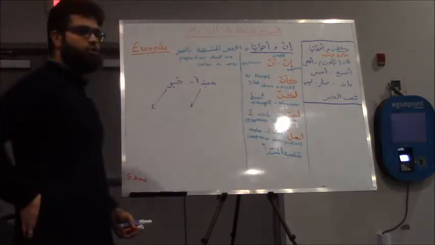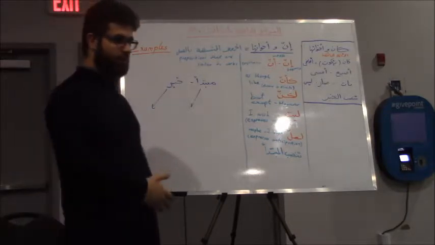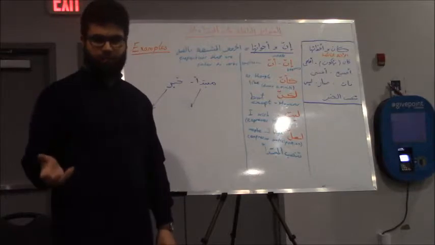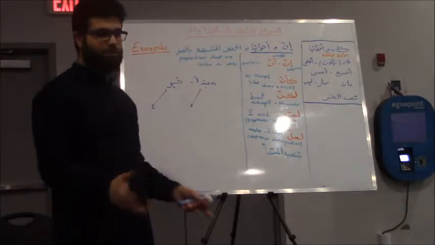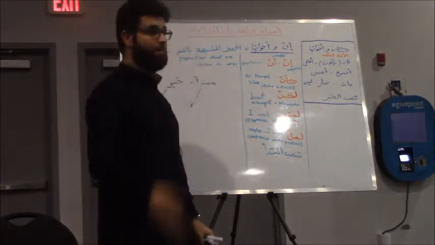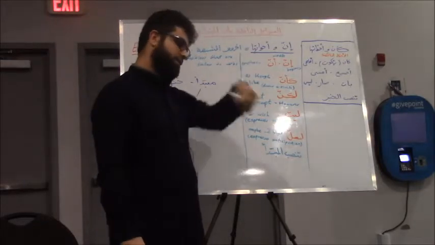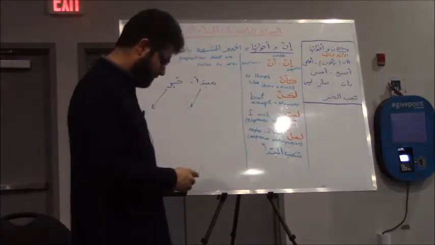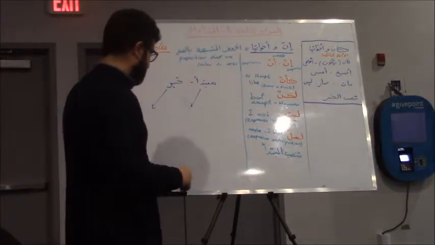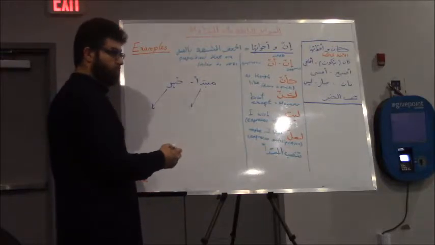So layta also is used to express regret. That's why ليتني كنت ترابا, I wish I were, I would turn to dust, or I never lived, or I never existed. So it's used to express regret. But to simplify things, it's I wish and I hope for لعل, or maybe this will happen. لعل, hopefully, or it'll happen. And it's used to express anticipation of something to come. So for example, here you would say,